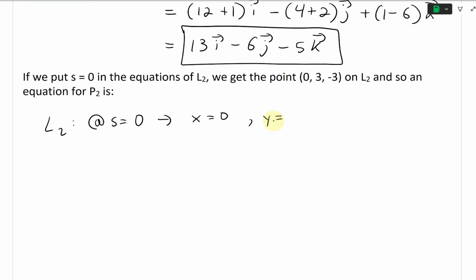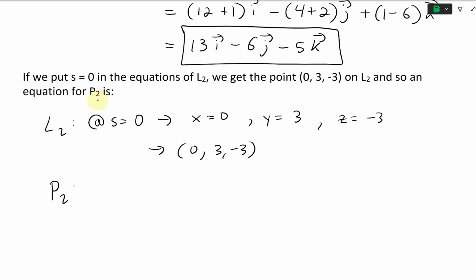So 3 plus s, yeah, s is 0, just leave it like that. The next one is z is equal to negative 3 plus 4s, so that's going to be 0, yeah, so negative 3. So that is correct. Yeah, so this point is going to be (0, 3, -3). It's going to be on line 2. And so an equation for P2 is, so P2,